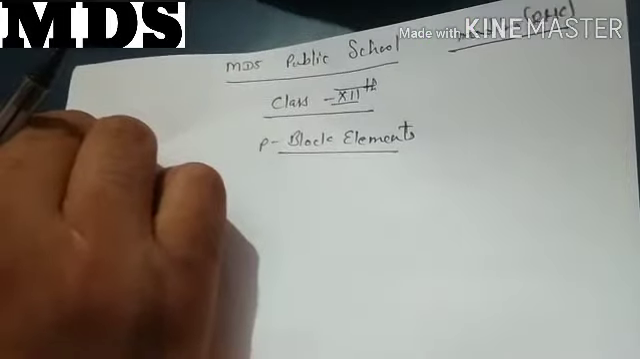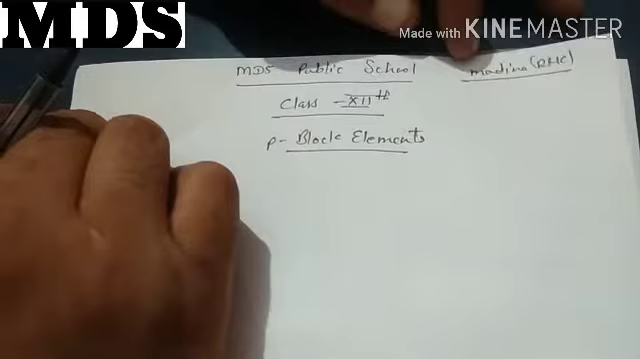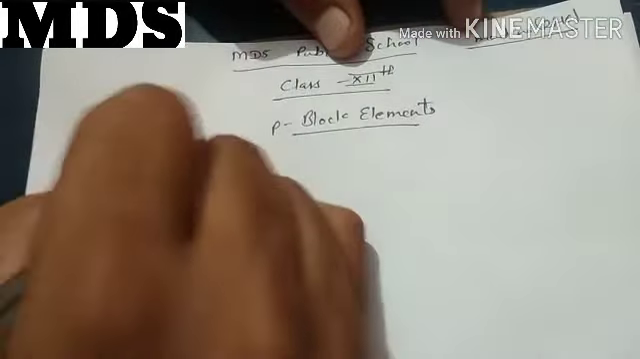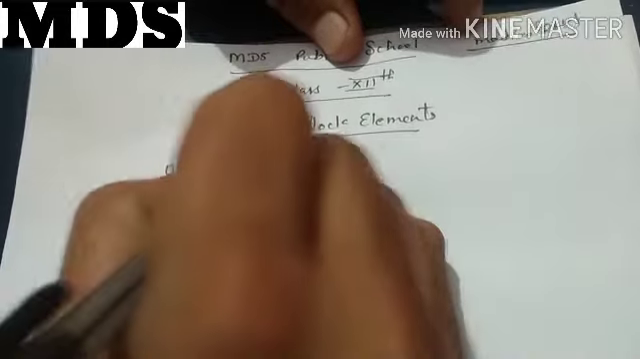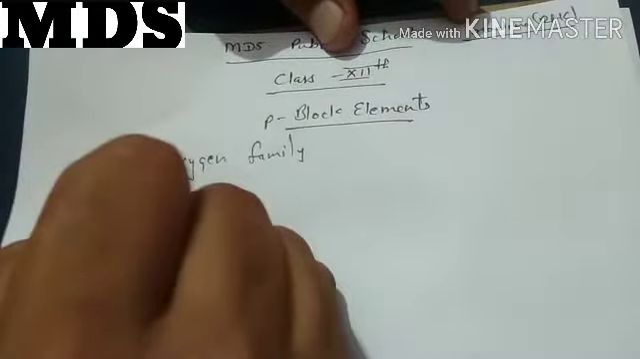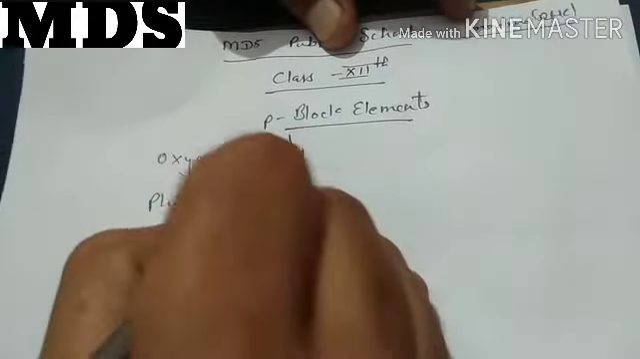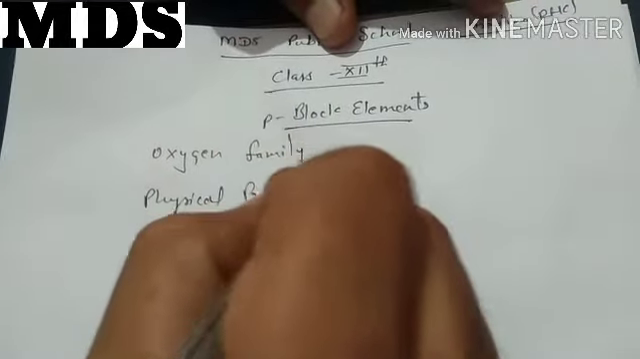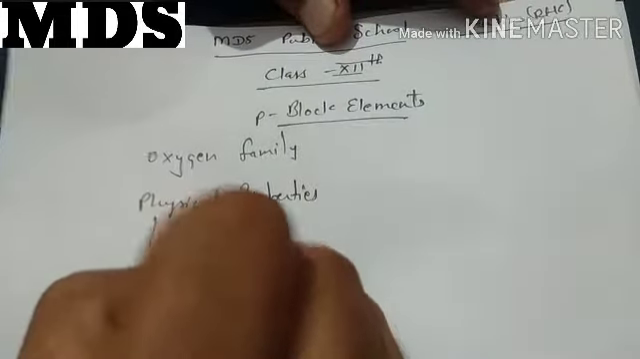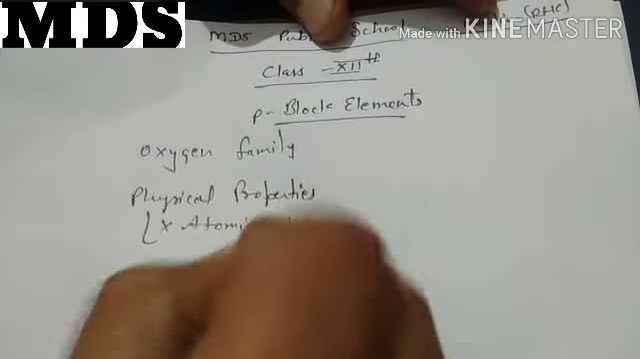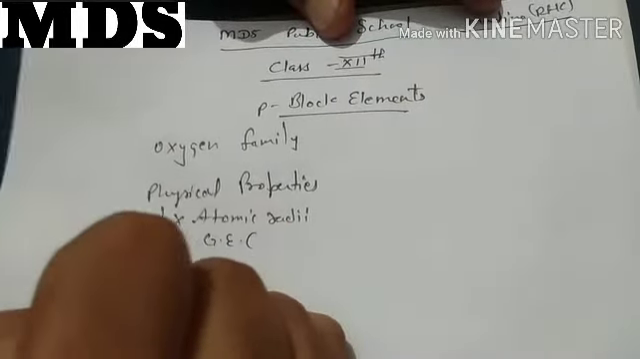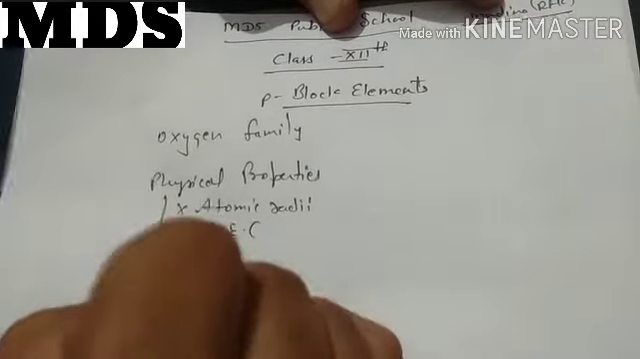Hello, dear students. In the previous lecture of p block elements, we started our oxygen family, in which we started the physical properties. Out of these physical properties, we have done atomic radius, general electronic configuration, then ionization enthalpy,